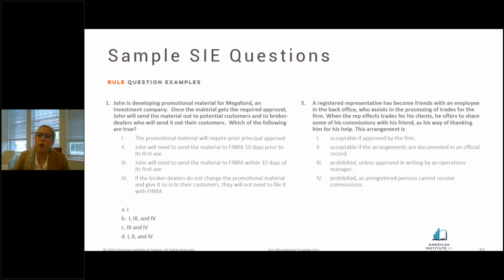And essentially, when you have promotional material, you will need to have prior principal approval, and it will also need to be filed with FINRA within 10 days prior to its first use, right? But if the broker-dealers do not change the promotional material and they give it as is to the customers, then they will not need to file it with FINRA, because John has already filed it, so there's no need. So the right answer would be, sorry,